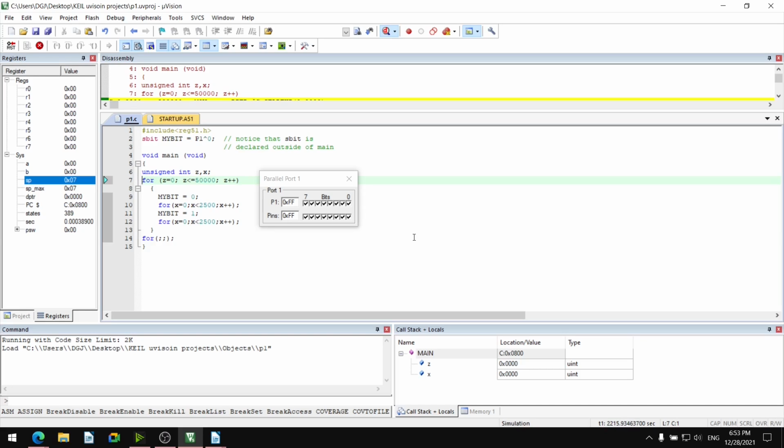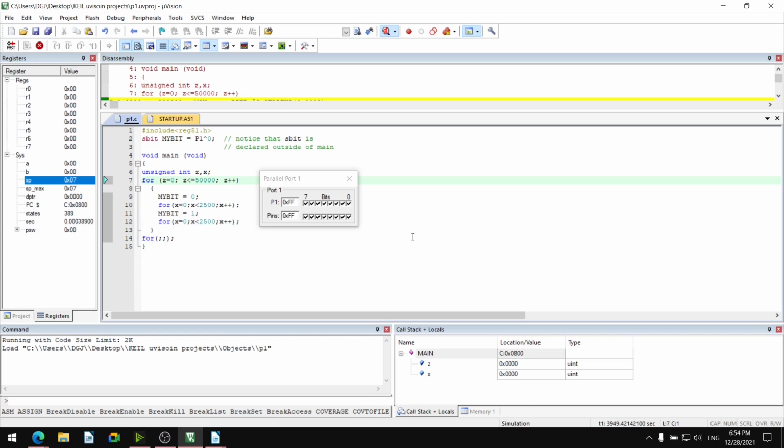We have to provide a delay of say 0.1 or 0.25 second, then possibly we can observe each and every toggling. Now it has gone into for semicolon semicolon semicolon, that is an infinite loop. First it executes my bit equal to 0, then the for loop delay, then my bit equal to 1, for loop delay. Under the z for loop with the z variable it executes.